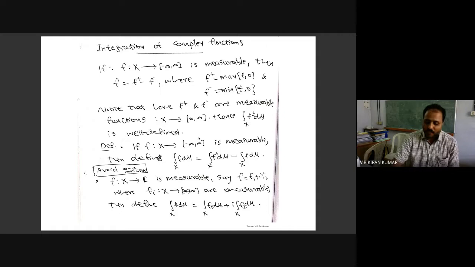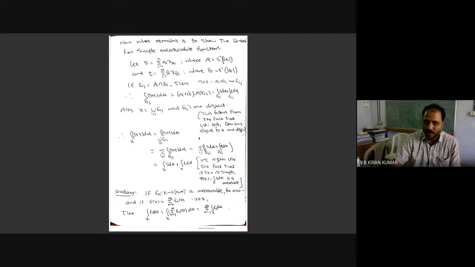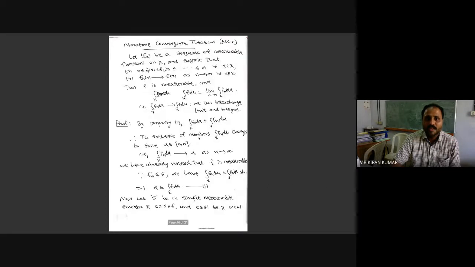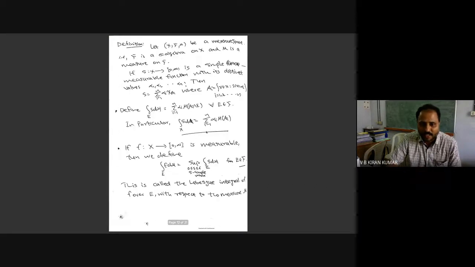And for non-negative real valued functions, we have already introduced this using the approximation by simple functions. So let us simply recall that definition. Yeah, so this is the definition. For simple functions, you define it in this way. A simple function can be written as a linear combination of characteristic functions, summation alpha_k times the indicator of A_k. So the integral is naturally defined as summation alpha_k times mu of A_k.